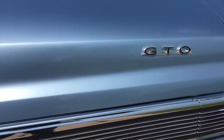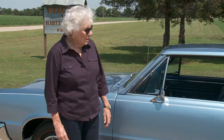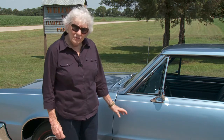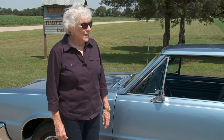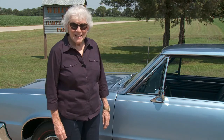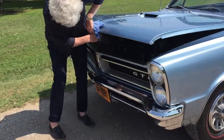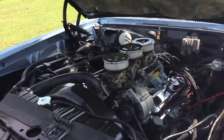My car was parked outside to drive to work every day. So when he died, I had phone calls. People who knew it was there called and asked if I was going to sell the car. And no way am I going to stumble over it every day for all those years and sell the car. So she got it overhauled and repainted and got this mean machine back on the streets,